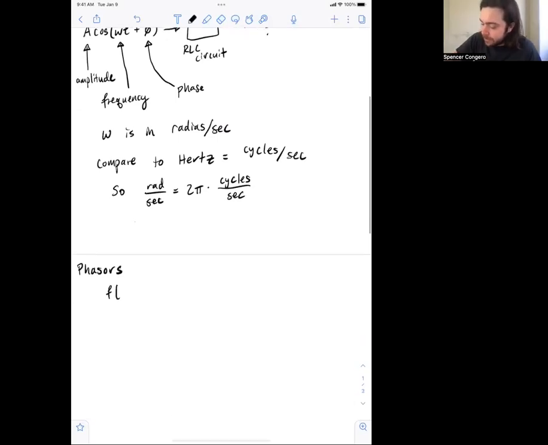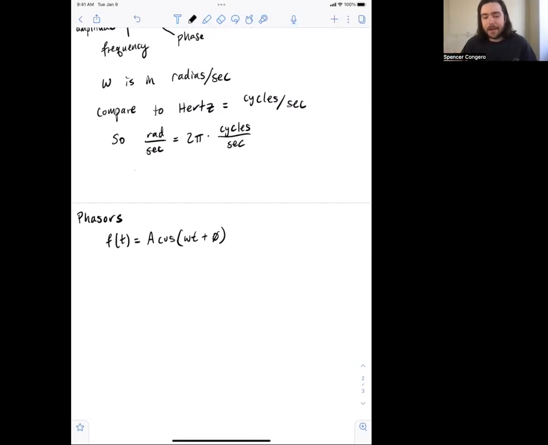So let me just explain what they are. If I have some signal f of t, and it's going to be my general sinusoid here, I want a way, mathematically, to make sure I really precisely understand what I mean by just taking the amplitude and the phase. And so what we do is we write this